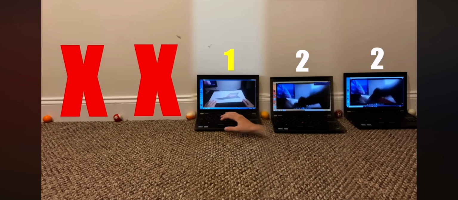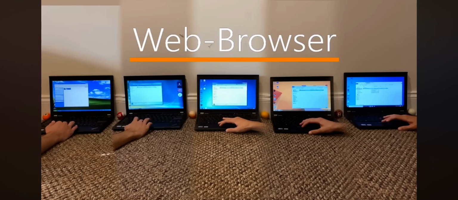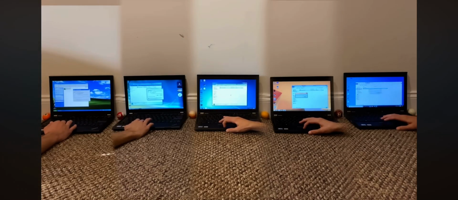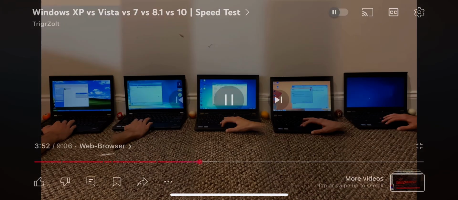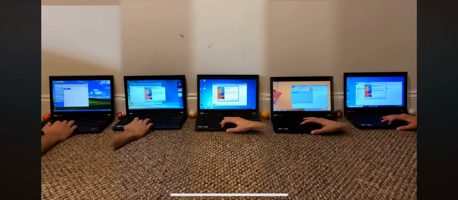Moving on to web browsers, I really want to check the installation speed of Firefox 52.9 ESR in every single one of these. Of course, this is mostly dependent on my hands and reaction time, but I tried to do it as accurately as possible, as I said before. And the reason why we're using Firefox 52.9